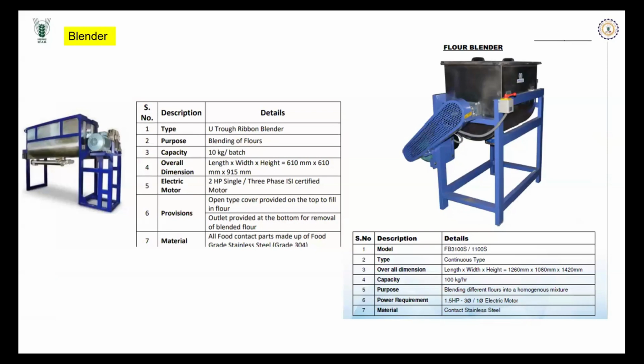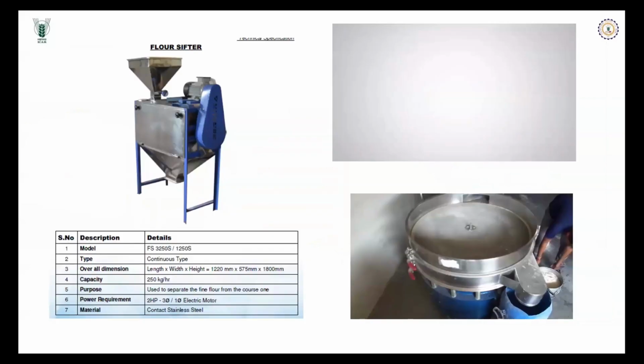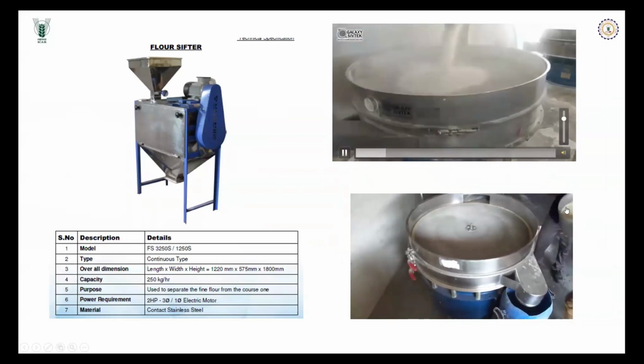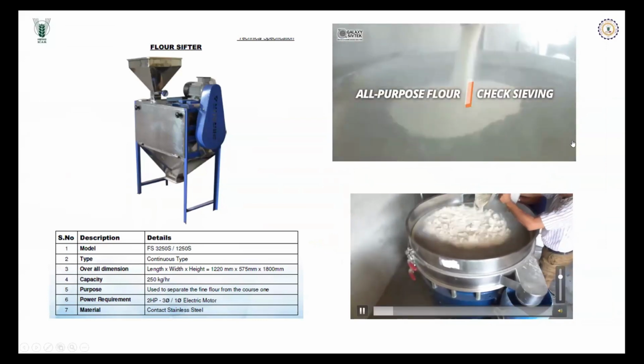Then, after getting the powder, sometimes we need to blend it. Blending means mixing with different compositions, and again we have equipment called a blender. Basically, it does the activity of mixing the different fractions. Then this is another beautiful equipment called a flour sifter. What the flour sifter does is, once we do the pulverization,